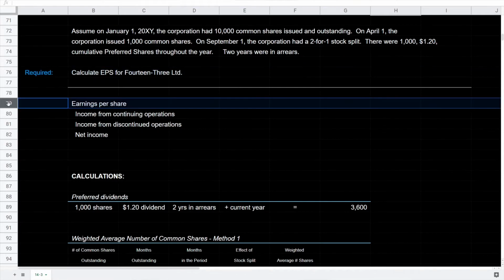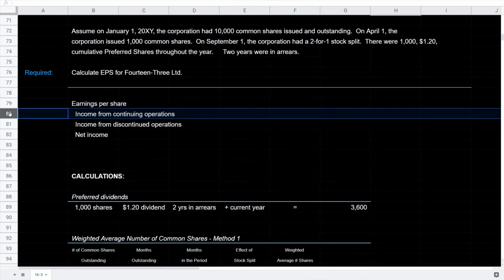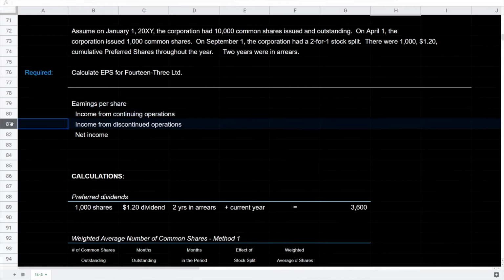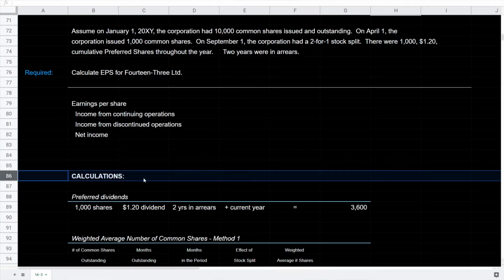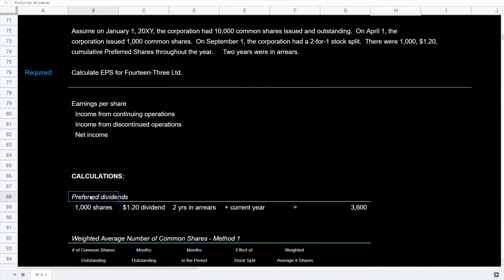So I've set up here below earnings per share, and we're going to do a calculation for income from continuing operations, income from discontinued operations, and we can add them up to come up with an overall earnings per share figure. Just below that, we have a section for calculations, and here we have the opportunity to calculate the preferred